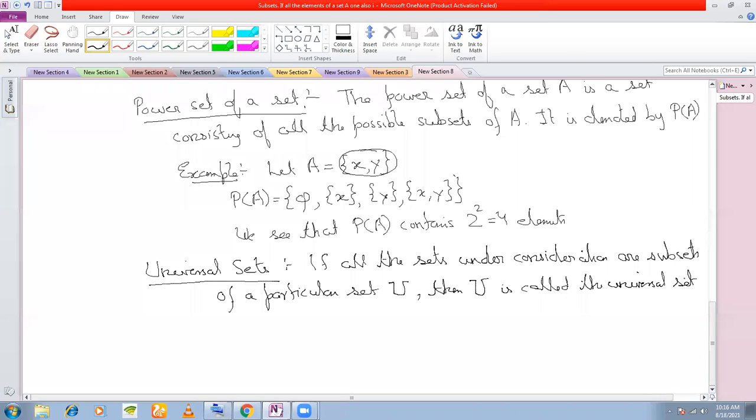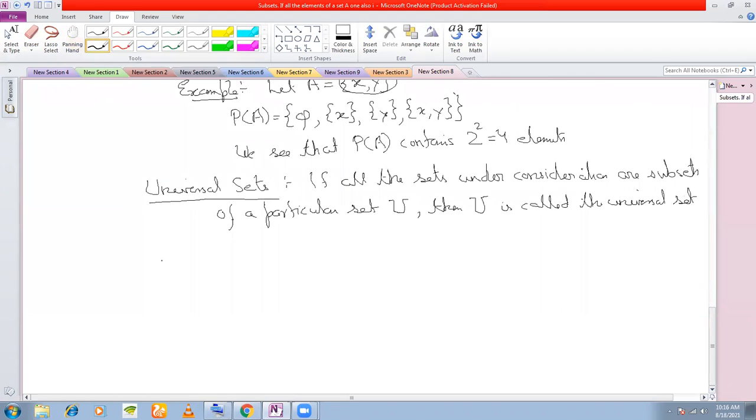School. Okay, suppose the football team. If Marian Coeducational School has a football team, then this football team will also be a subset of the set of students of Marian Coeducational School, which is denoted by U. So that is what the universal set is. Next, the Venn diagram, which is the diagrammatic representation of sets.